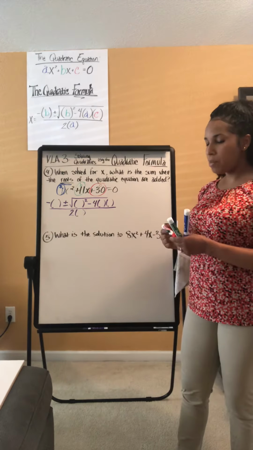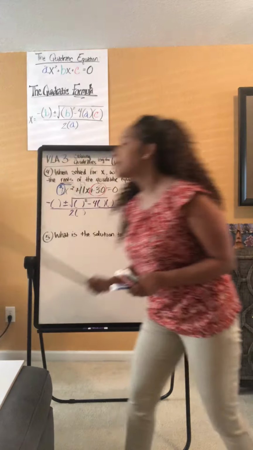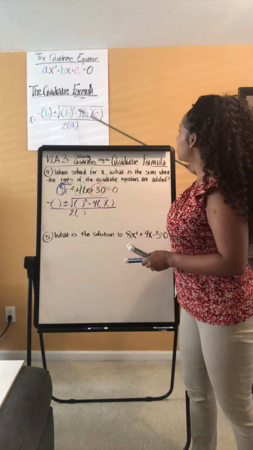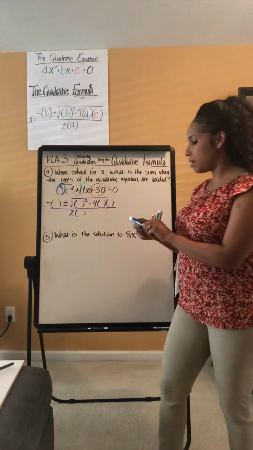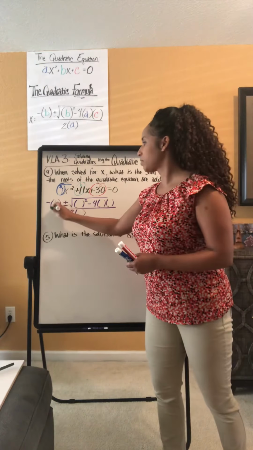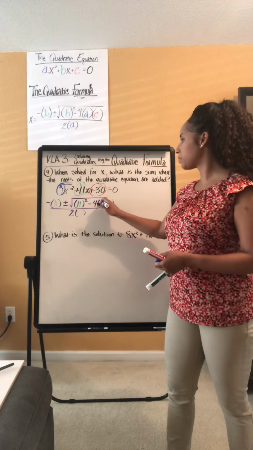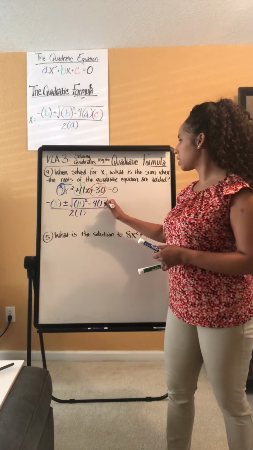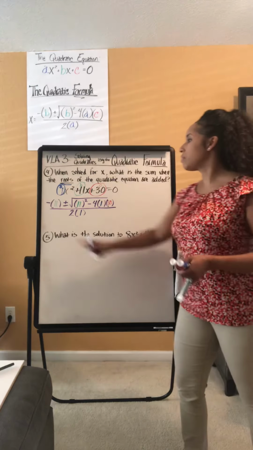So once I know what my A, my B, and my C are, I'm going to fill it in with 2 B's, 2 A's, 1 C. 2 B's. My B is the number 11. 2 A's. My A is the number 1. And 1 C, and that's the number 30. Okay, then I'll just simplify this. So I have negative 11